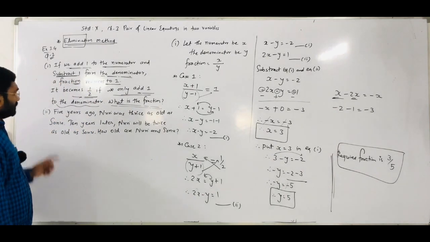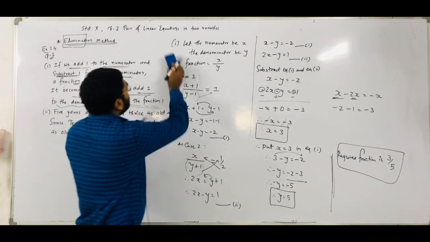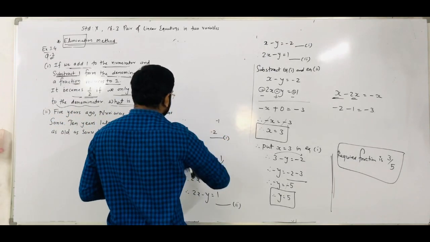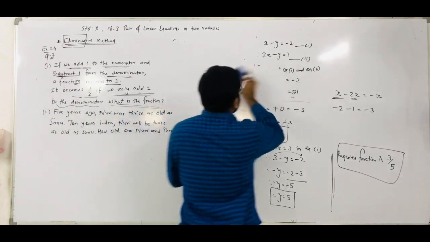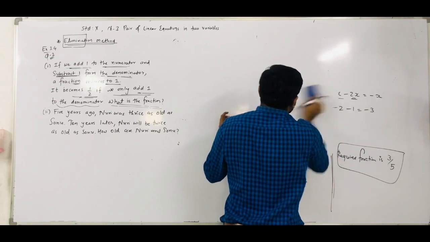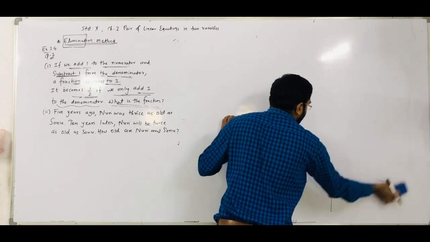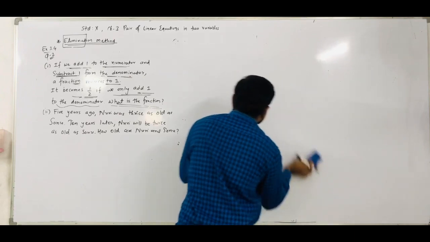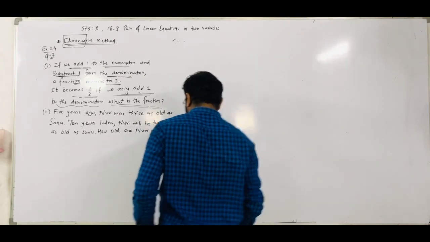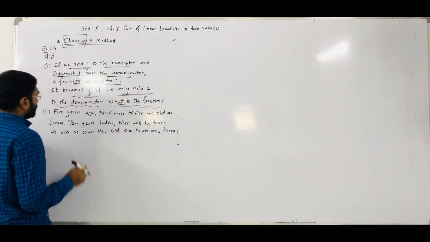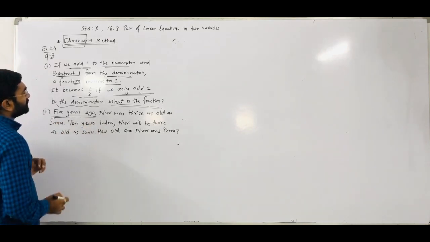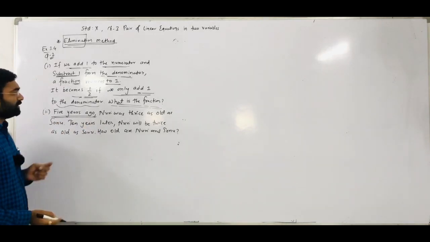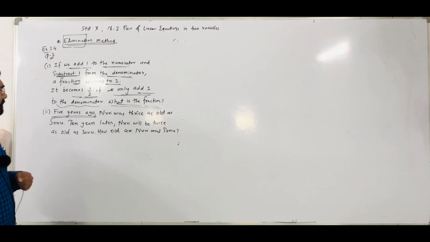Okay. Now question number 2. Now we have to solve question number 2. Observe question number 2, which is about ages. There are two persons, ages are given, and a comparison is given. So observe here, 5 years ago. That type of sum we already solved in exercise 3.3, but we solved it using the substitution method. Right now we have to apply elimination.